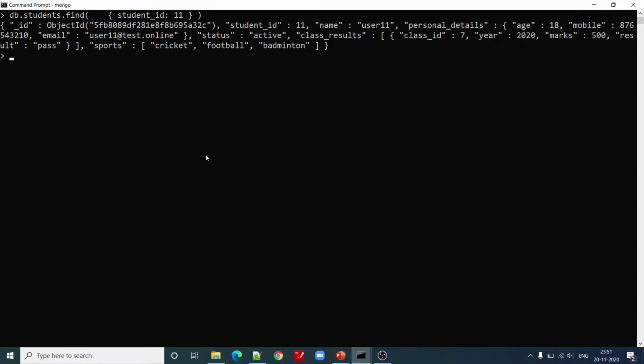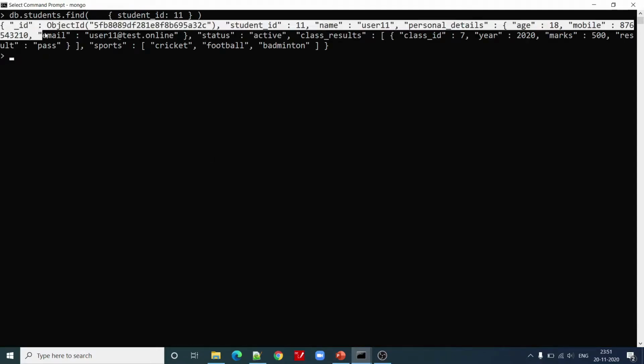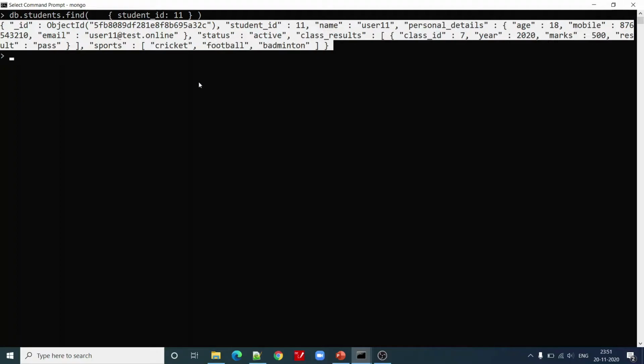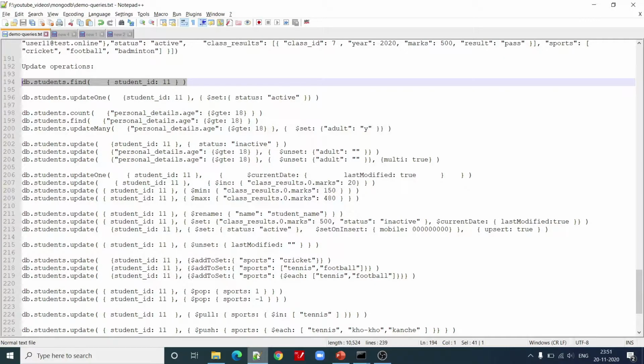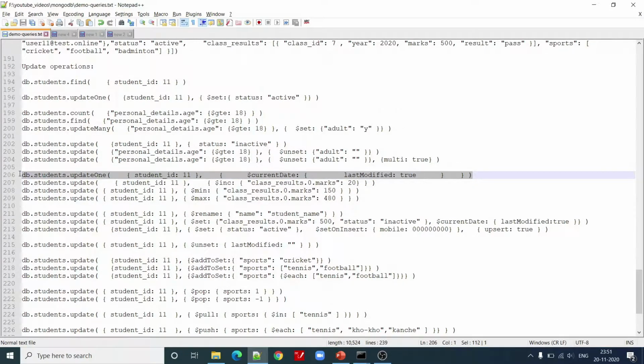If I show you right now, there is no such field as last modified in this collection. We want to update the last modified field with the current date and time, that is, when this query is executed.